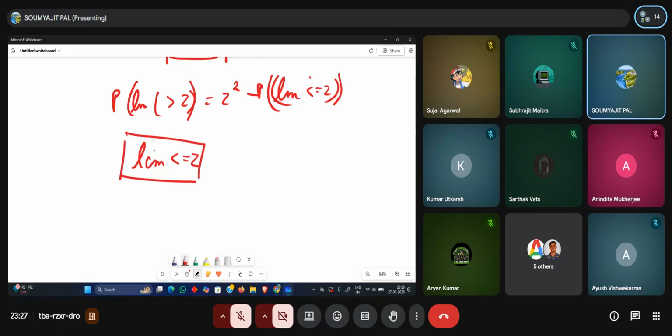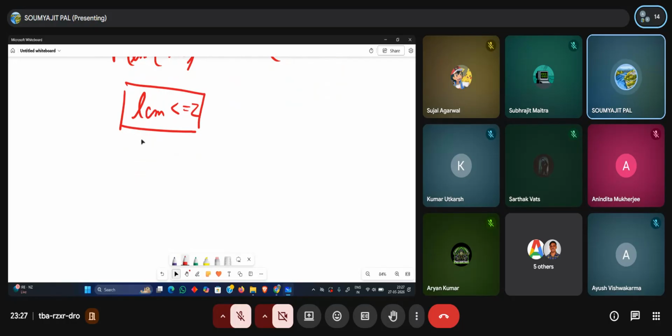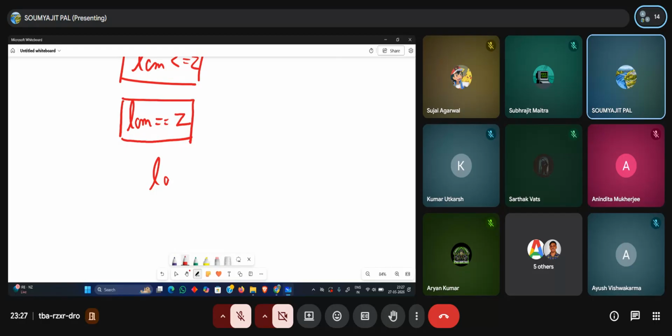Let us try to break the problem into more subproblems. If I can find the number of ordered pairs where LCM is equal to z, then the number of ordered pairs where LCM is less than or equal to z can be found by the number of ordered pairs where LCM is equal to z plus the number of ordered pairs where LCM is